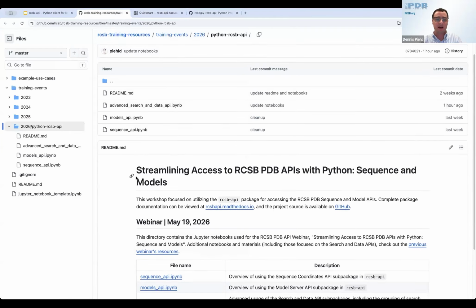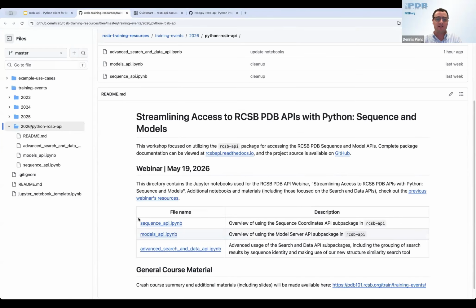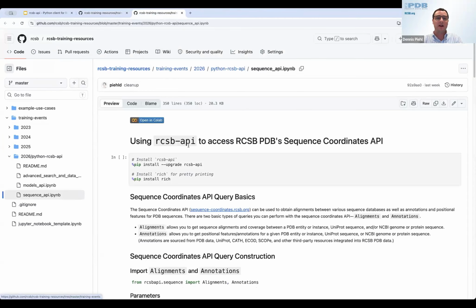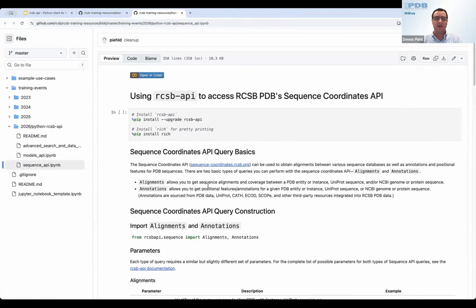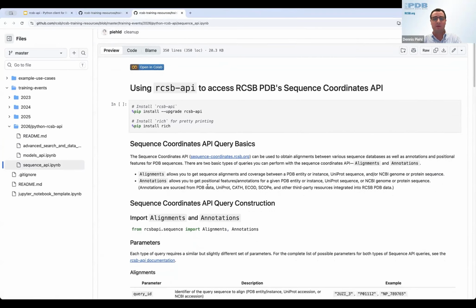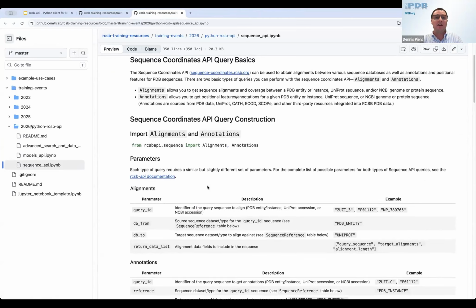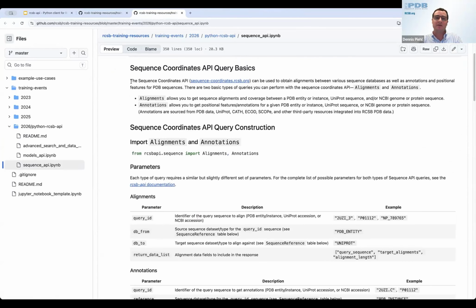All right, so with that, we can dive into our first notebook, and let's start with the sequence coordinates API notebook. So I'm going to open that up in a new tab. And before I open this up in Google Colab, I want to just stay in GitHub for now because I think it's a prettier display. So at the top, I just provide some information about the sequence coordinates API. This is all information I just shared in the presentation. But as just a reminder, there are two main functionalities for the sequence coordinates API, and that is alignments and